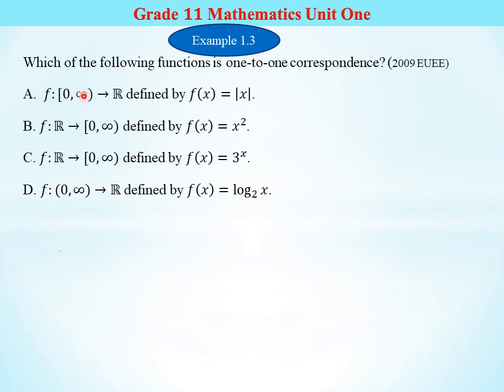A: f maps from the set of non-negative real numbers to the set of real numbers, defined by f of x equal to absolute value of x. B: f maps from the set of real numbers to the set of non-negative real numbers, defined by f of x equal to x squared. C: f maps from the set of real numbers to the set of non-negative real numbers, defined by f of x equal to 3 to the power of x. D: f maps from the set of positive real numbers to the set of real numbers, defined by f of x equal to log x base 2. እንግዲህ ይህን ጥያቄ ለመስራት ሁለት አይነት ሜተድ ያለ የመጀመሪያው አልጀብሪካሊ ነው